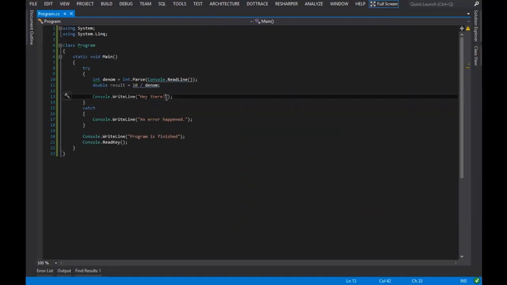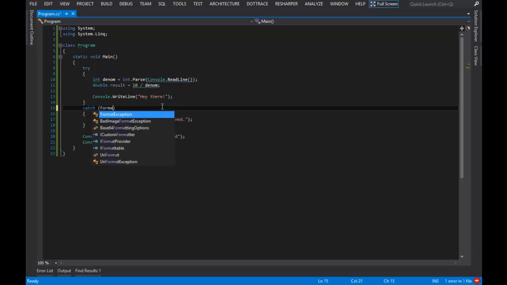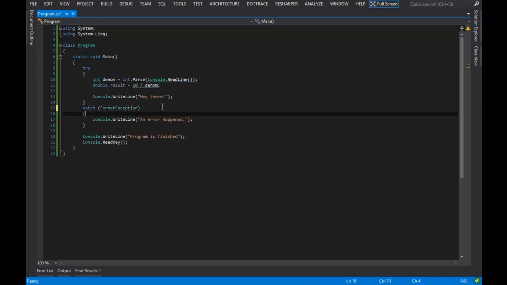With the try and catch syntax, we can actually pick and choose what kinds of exceptions we want to handle. For example, if I was only interested in catching a format exception, all I need to do is say catch, and then within parentheses, put the specific exception type that I want to catch. And then inside of here, I can be more specific. I can say a format exception happened. Now that I've added a